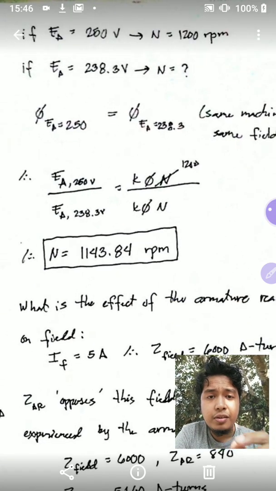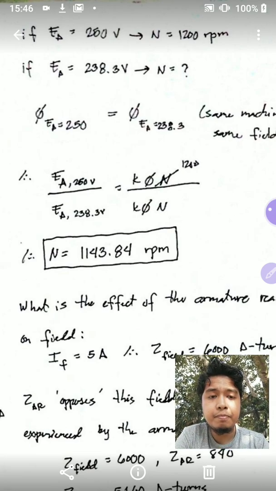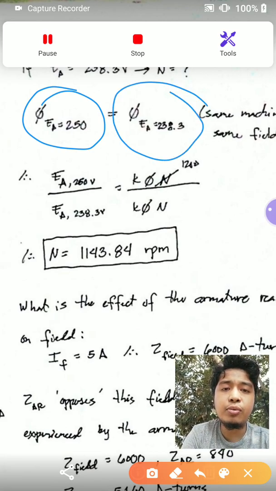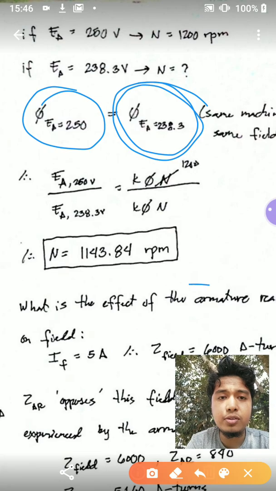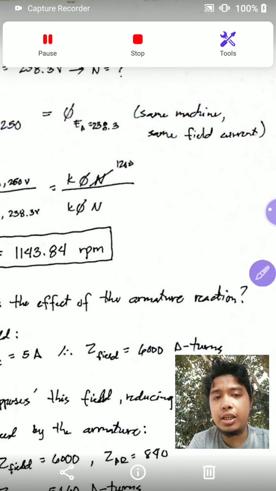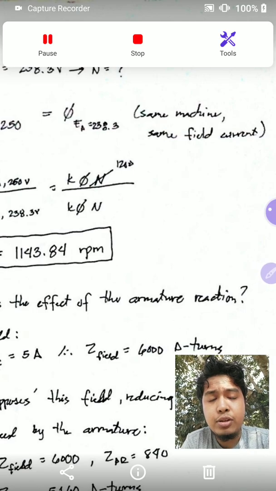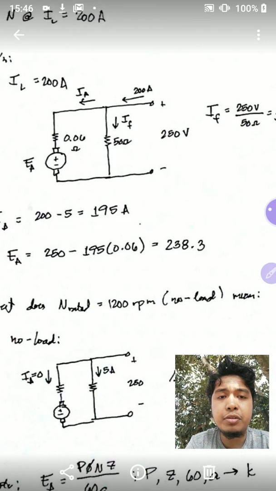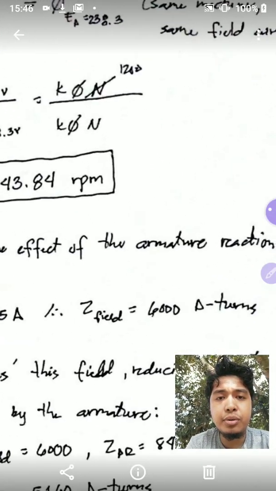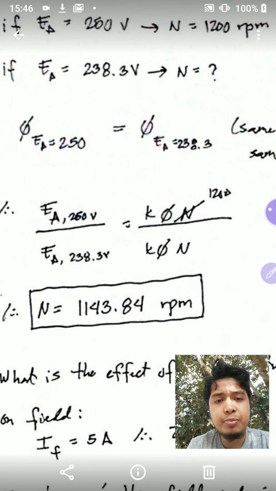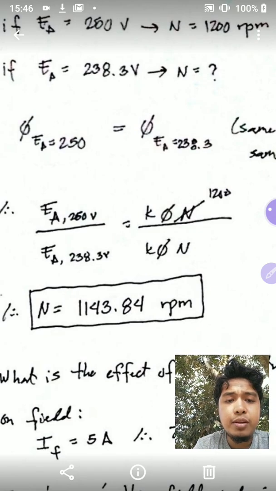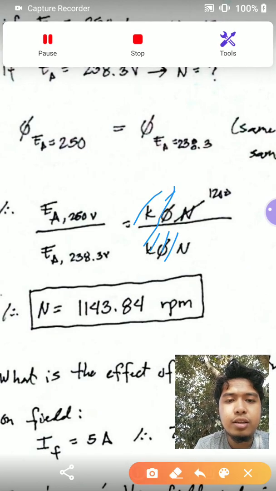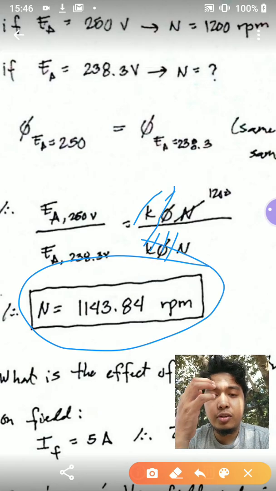How about flux? Well, flux when EA is 250 is just the same flux when EA is 238.3, because you have the same machine, therefore the same construction, and you have the same field current. It's 5 amperes here, it's 5 amperes here. So you have the same field current, therefore you produce the same flux. So if you use that relationship, you can cancel this K, you can cancel this phi, then solve for N. So N is